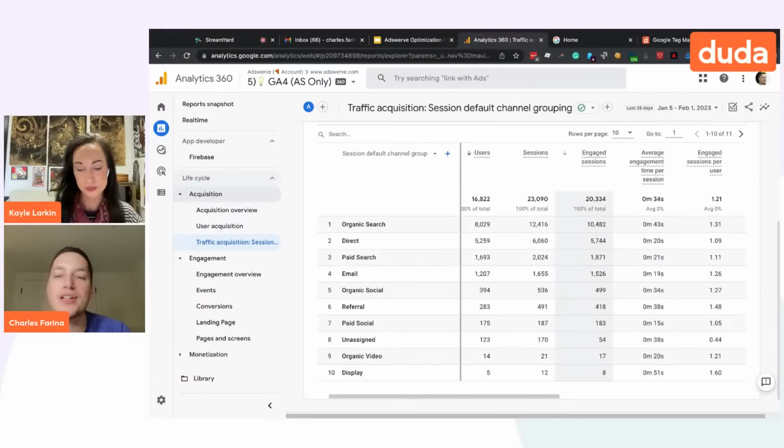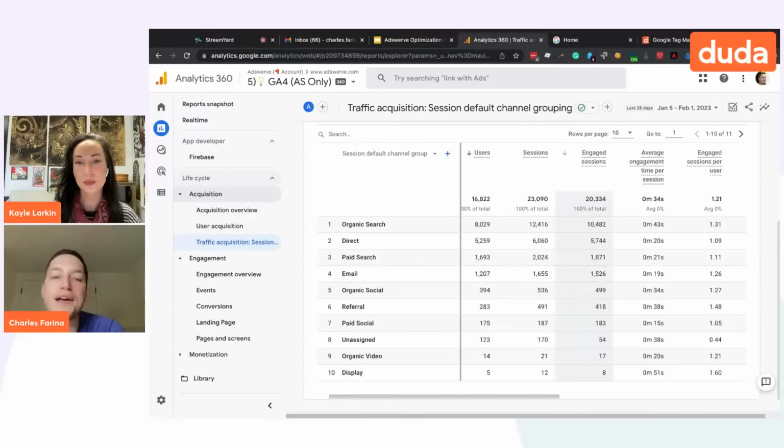But a lot of marketers still wanted the classic view of bounce rate. So for those of you who need a quick refresher, bounce rate was historically a metric for people who only viewed one page and didn't do anything else on your website. So they came to your website, they viewed a page, and they left without doing anything else.